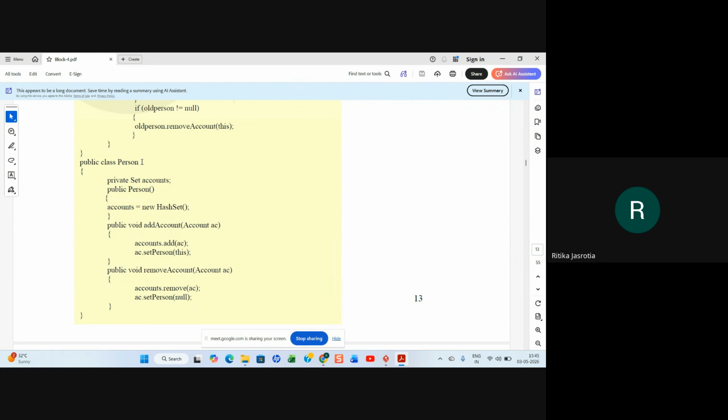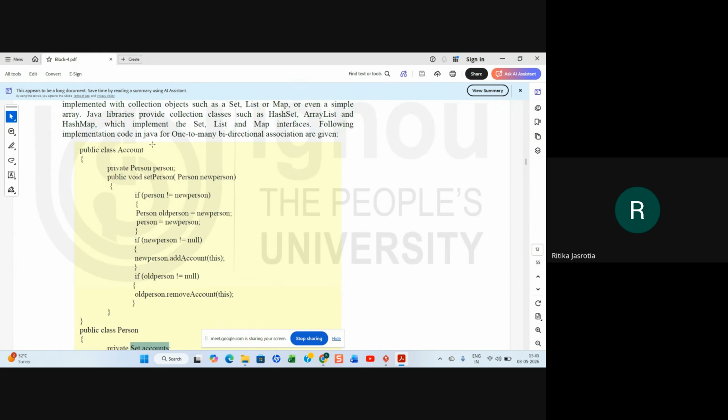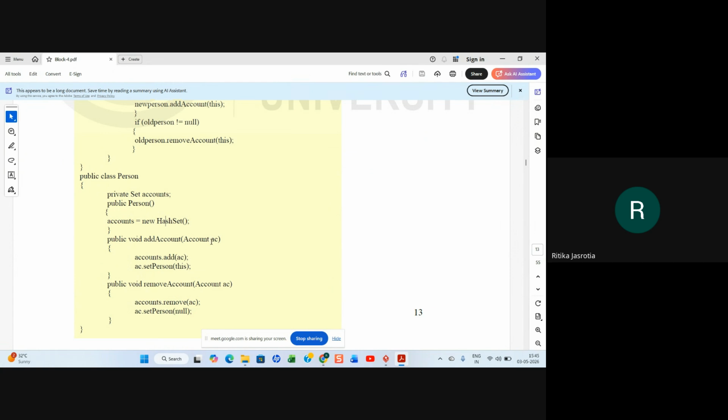And in public class Person, private Set accounts, a set of accounts you have to take, because there are a number of accounts for that person. So a set of accounts, and in the constructor of the Person class, accounts is equal to new HashSet. So for the set of accounts you have to take the hash set. Public void addAccount, an account object you are taking, accounts.add(account), ac.setPerson(this).